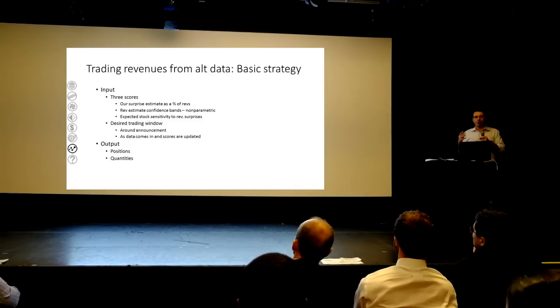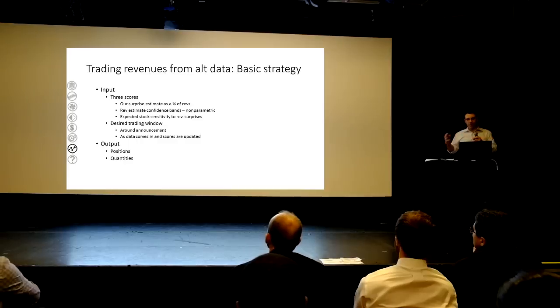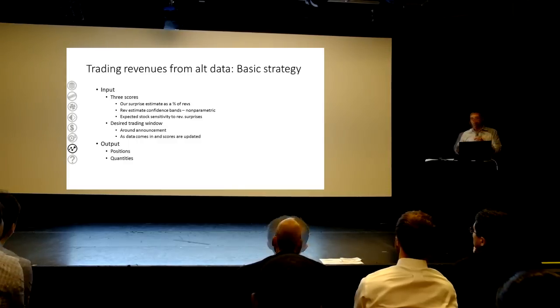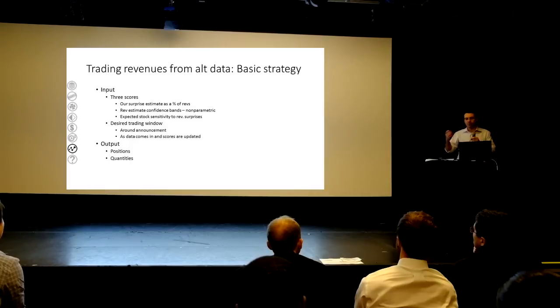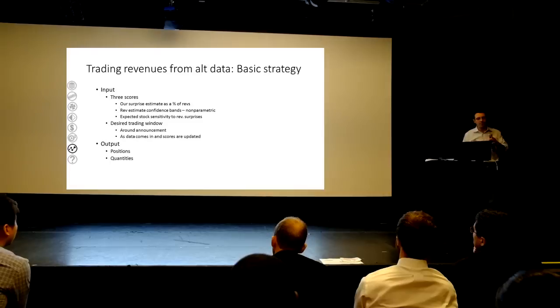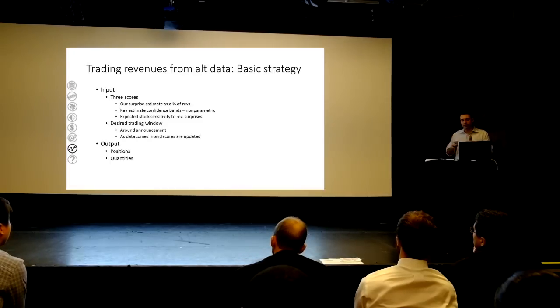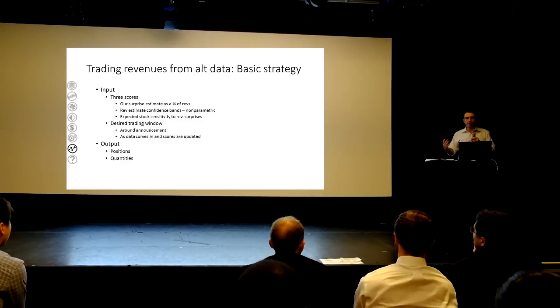So what we want to do is create 3 scores in order to feed our trading engine. One is the estimate of our revenue surprise. Okay, how big is it? 2 is the accuracy of our estimate. How good are we at estimating the revenue surprise for this company? Use cross-validation, make sure you got the temporal order right and everything. And 3, very important, is the market going to care about a revenue surprise?